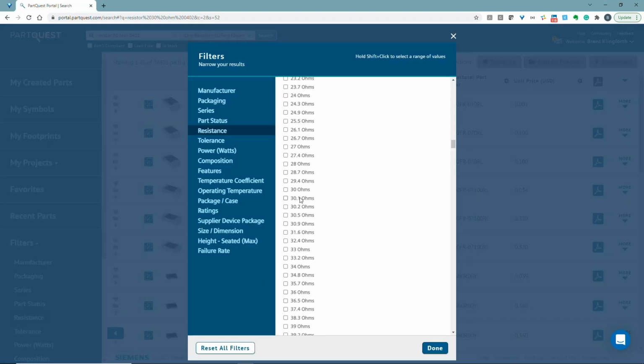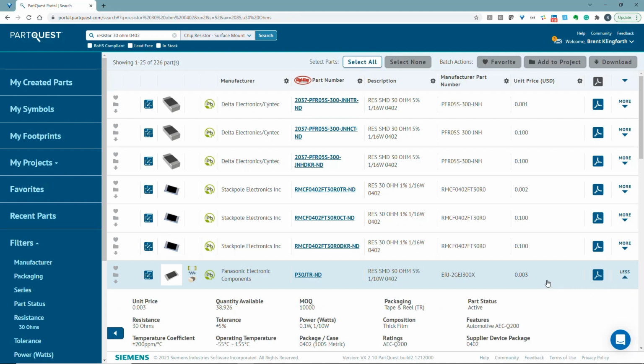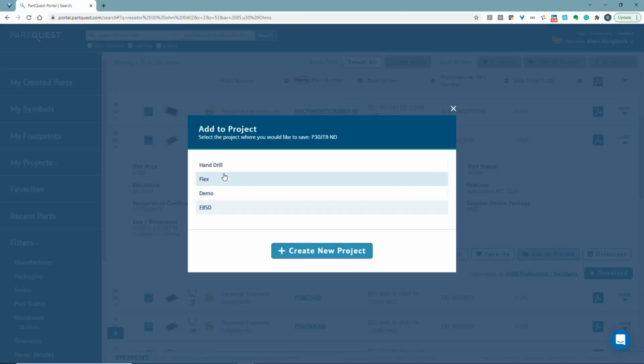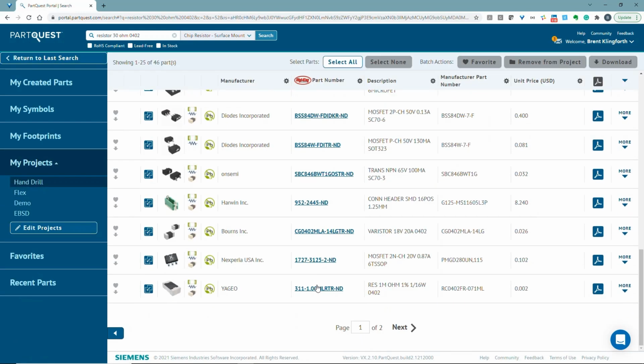You'll also notice next to the graphic of the resistor that there's a symbol, a footprint, and a 3D model we can use in our design. We can go over and click on the More button to view additional properties on the part. We can also add this to a project. This gives you a place to store component information for an entire project, making it easier to find the part